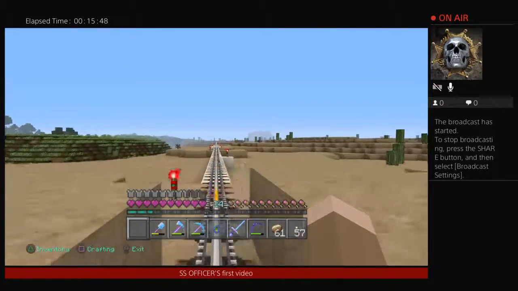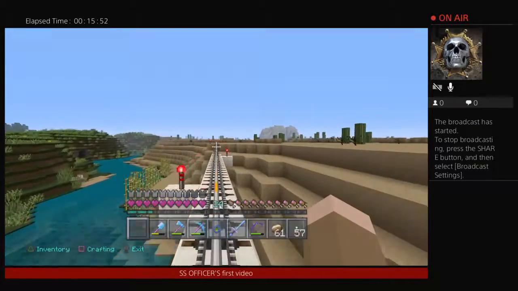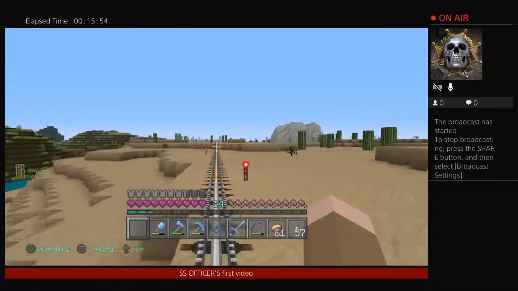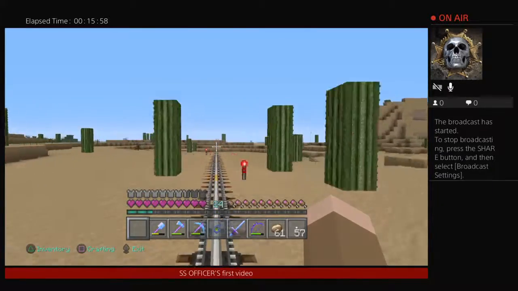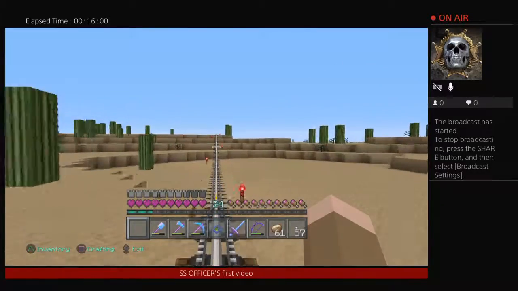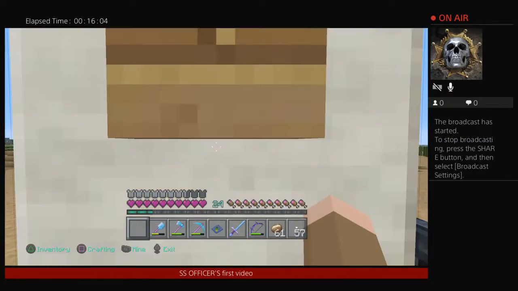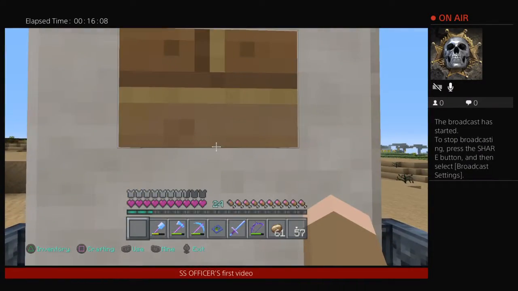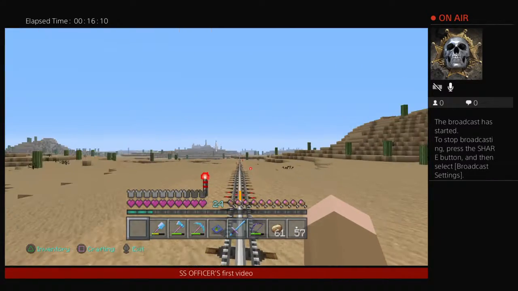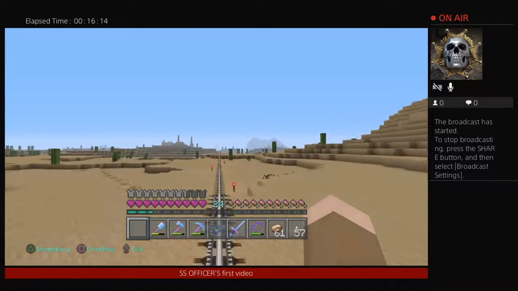Now you could use activator rails, which works pretty good, but I'll go redstone. Normally I'll use redstone blocks instead of torches, but at the present moment I'll just wait till I get enough redstone up for that. That way I can maneuver away. I mean, if I wanted to, I could just push forward and do it that way, but I like to